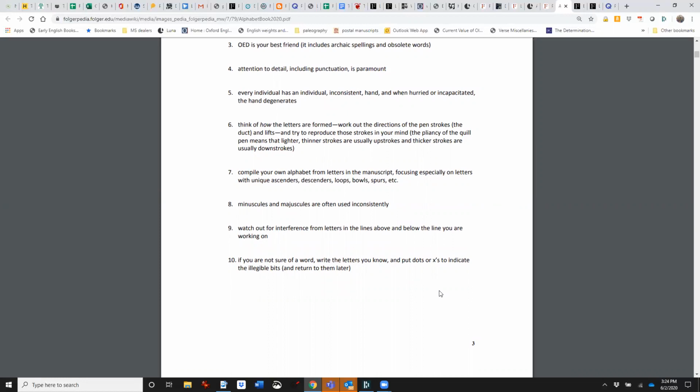When I teach it, we always have quill day pretty early on, and that's a day where we're all handed quills and we learn how the quills are cut, and sometimes we try and cut them ourselves. We make some iron gall ink, which was a sort of ink that was used in the period, and we use paper that was made by Timothy Barrett at University of Iowa that closely resembles the sort of rag paper that was in use at the time. And we set everybody up at angled writing surfaces, and we copy out whatever. Often we use an ink recipe. Everyone tries to write their name.